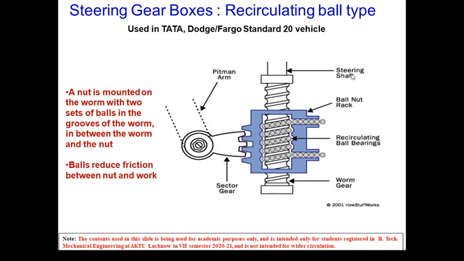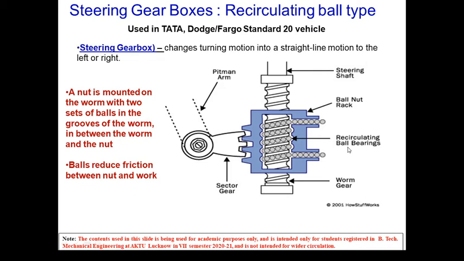So the basic steering shaft is here. This is the ball nut. The nut is climbing up and down, but the climbing motion is simplified or made friction free, or rather we can say less friction, using these balls. These recirculating balls are connected like this. This housing is closed, so they enter inside this system, pass through, and then come back to this position and are recirculated again. That's why this is called a recirculating ball type steering system.